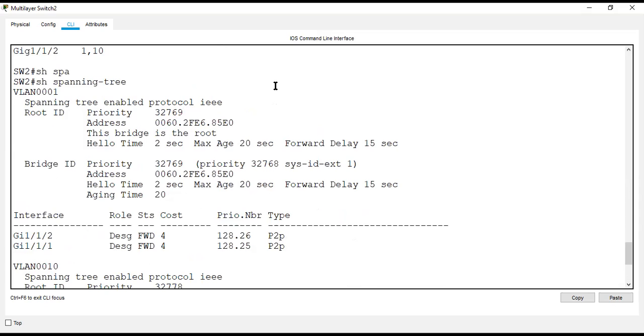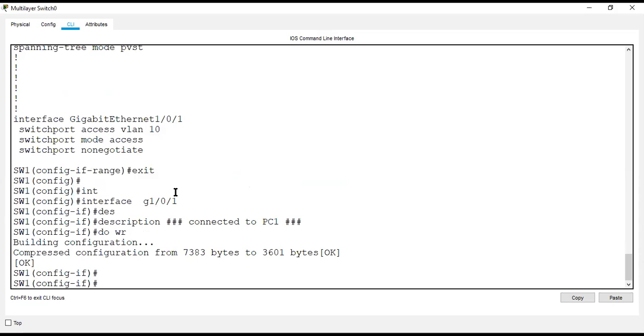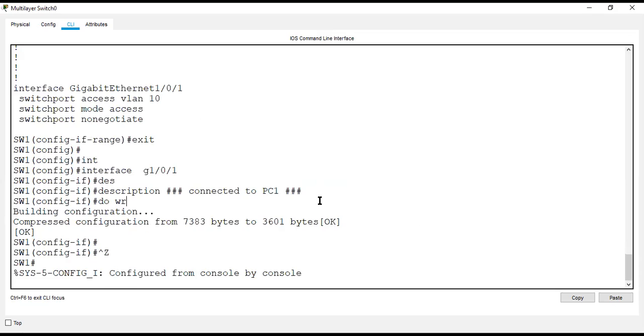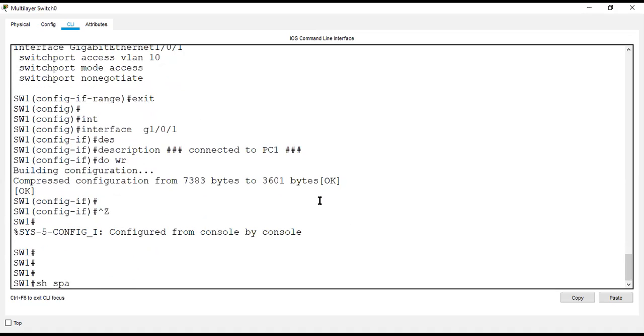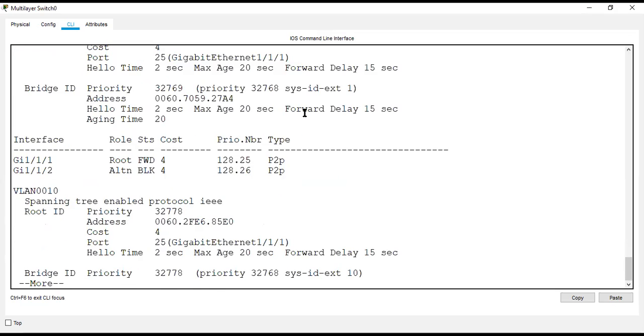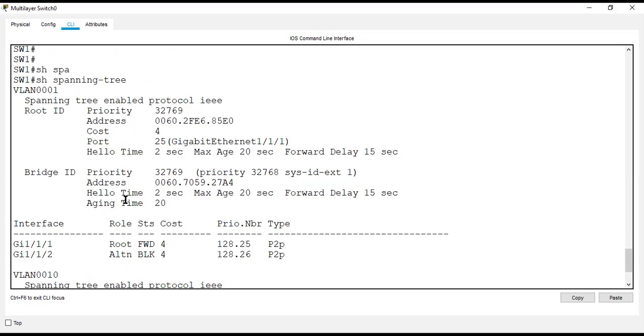Then we'll go to the first switch. Show spanning-tree.